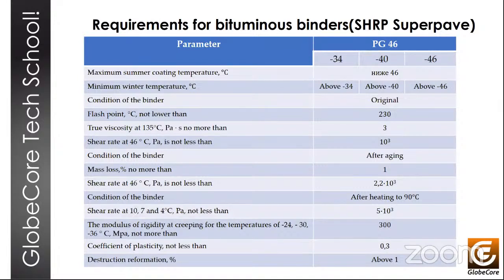The American Superpave system of standards was developed from 1987 to 1995 because the traditional quality parameters for assessing bitumen that have been in use for many decades came under significant criticism. The main argument of that criticism boiled down to the fact that these indicators don't meet the operating conditions of bitumen and roads, and they're only based on practical experience and empirical dependencies, and not on any fundamental physical or chemical principles and laws. So the Superpave system of specification focuses on the determination of the rheological properties of binding